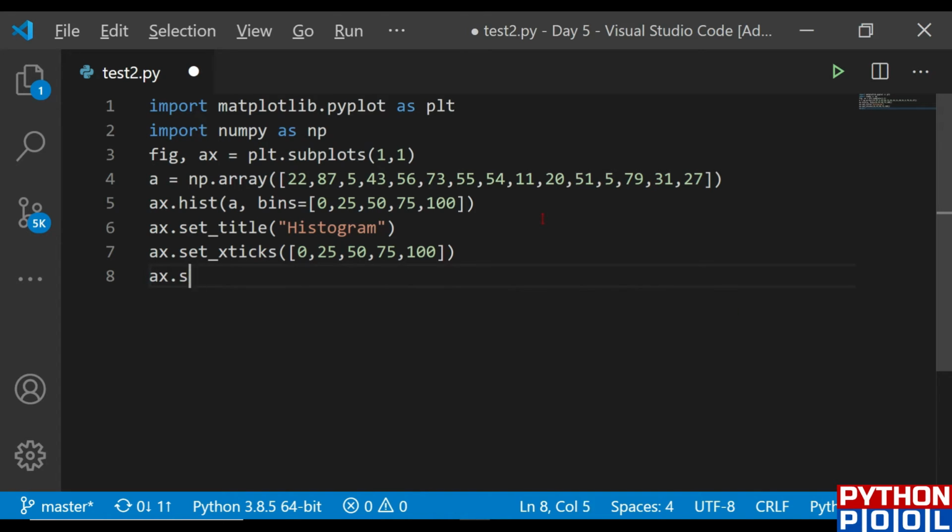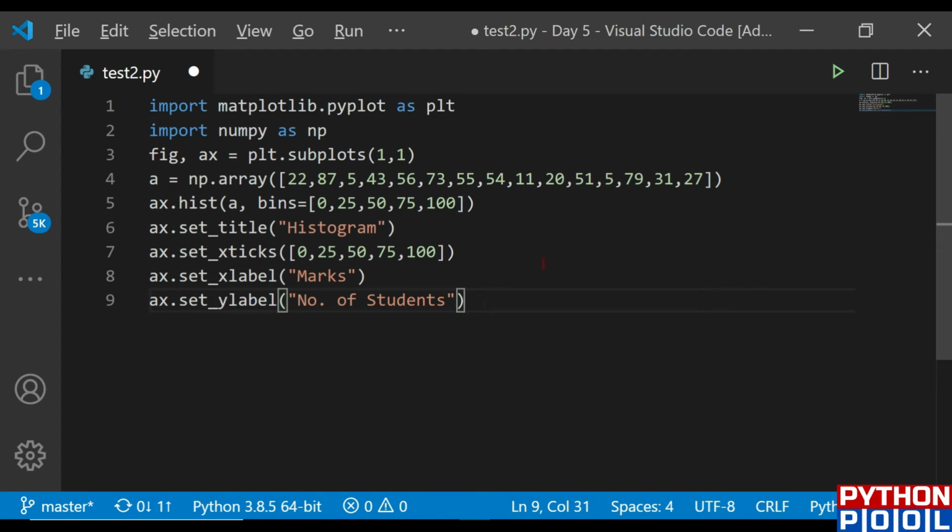Set x label, let me say it as Marks, as it is the data of marks, and let me set the y label also. So let me copy this one, paste it here, and for y, let me set the y-axis as Number of students.